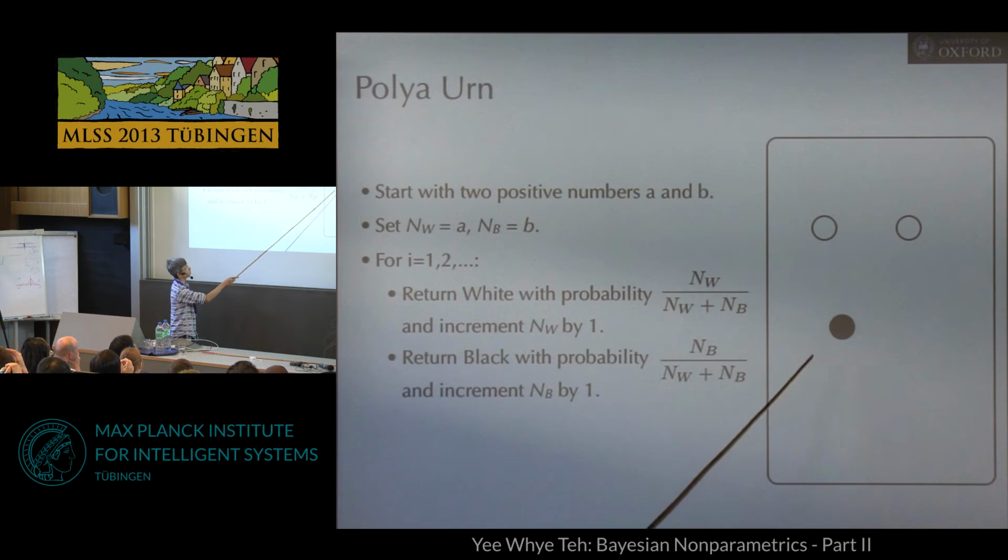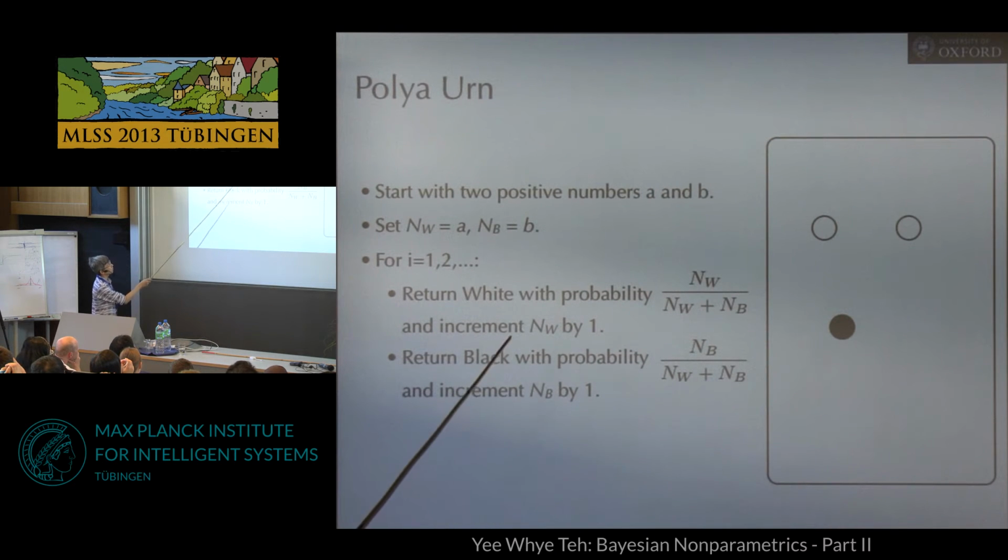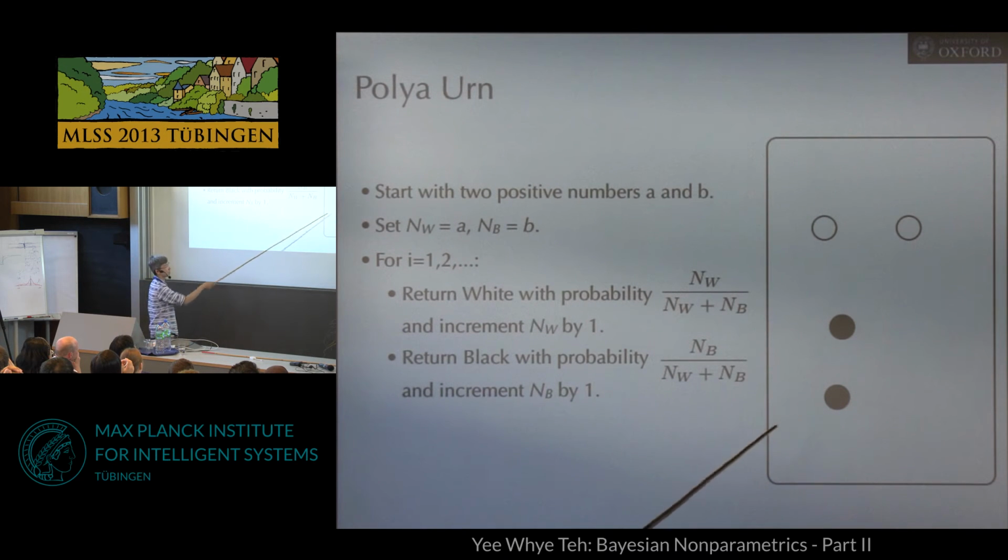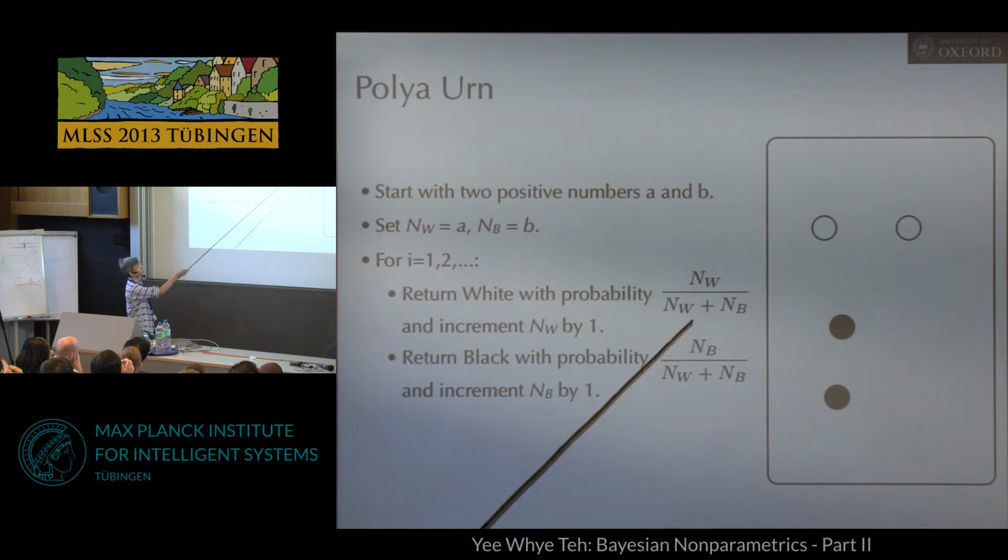And the probability of drawing a black ball is going to be 1 divided by 3. So with probability 2/3, I'm going to get white, and probability 1/3, I'm going to get black. And if I get a white, then I'm going to put in one new white ball into the urn. In this case, actually, I drew a black, so I'm going to put in a black ball. At the second iteration, now we have 2 white balls and 2 black balls, so the probability of